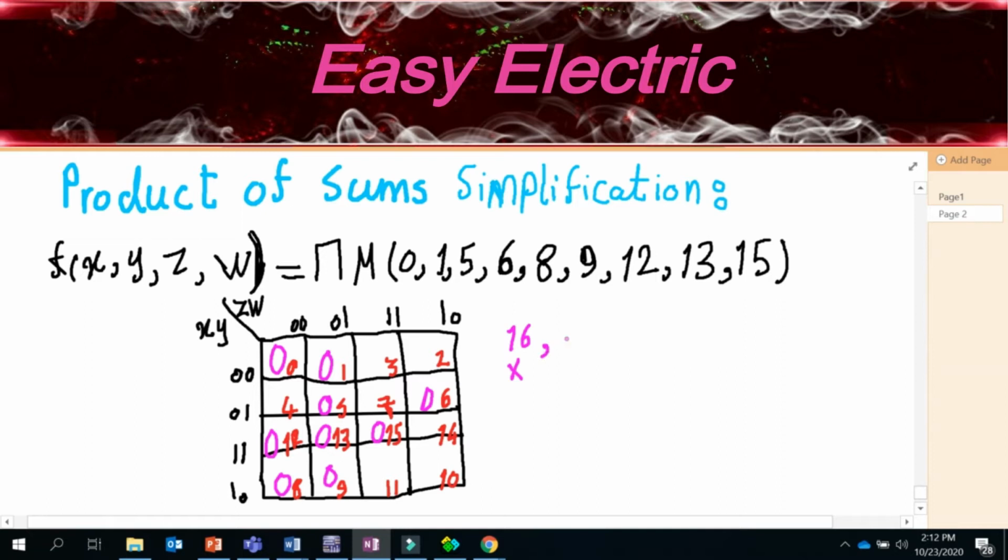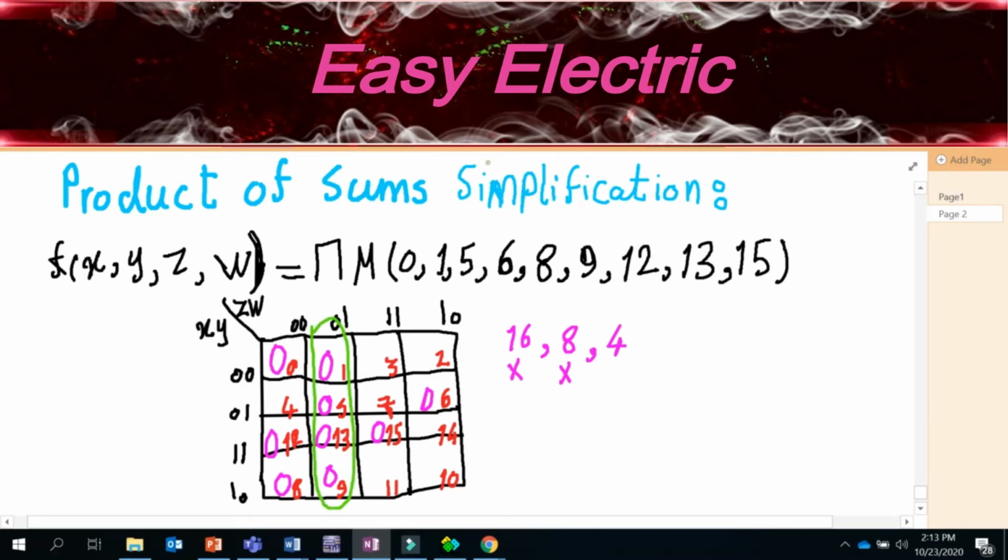So you refuse that, and go and find a group with 8. Do we have any group with eight 0s? The answer is no. We had once 1, 0 here in the 4. We could select these as a group with 8 members, but here you don't have 0 in 4, so that means you don't have any group with 8 members. Then you go and check for 4 and see what we have. We actually have too many groups with 4 members. So here, 1 is the obvious, 1, 5, 10, and 9 is one group of